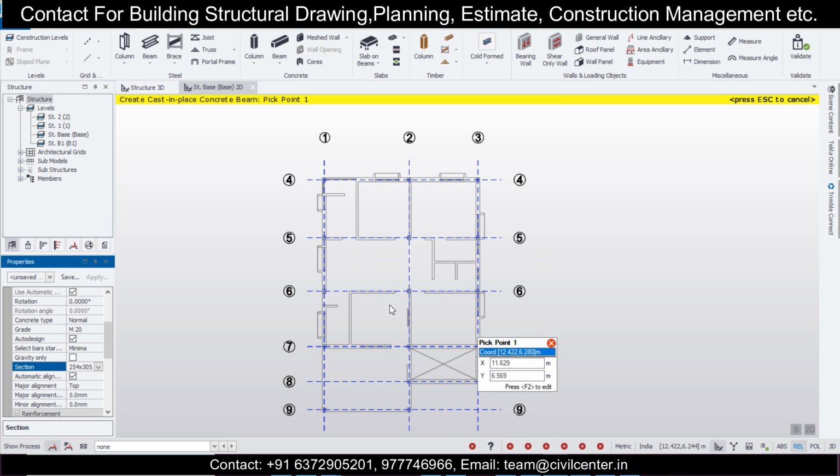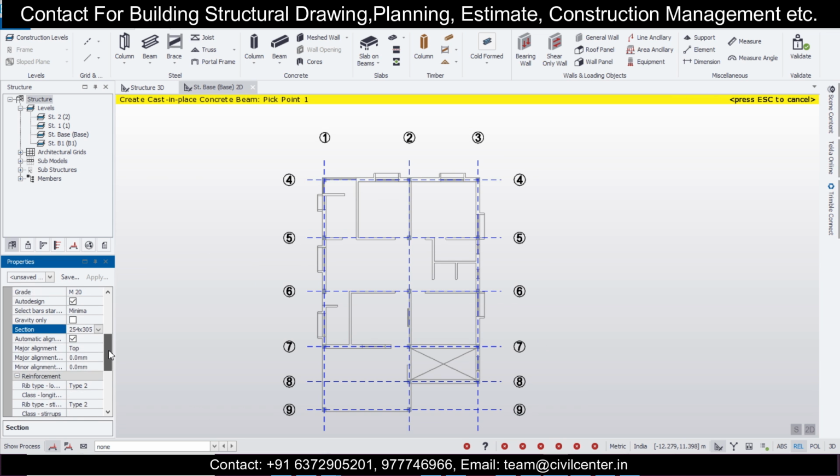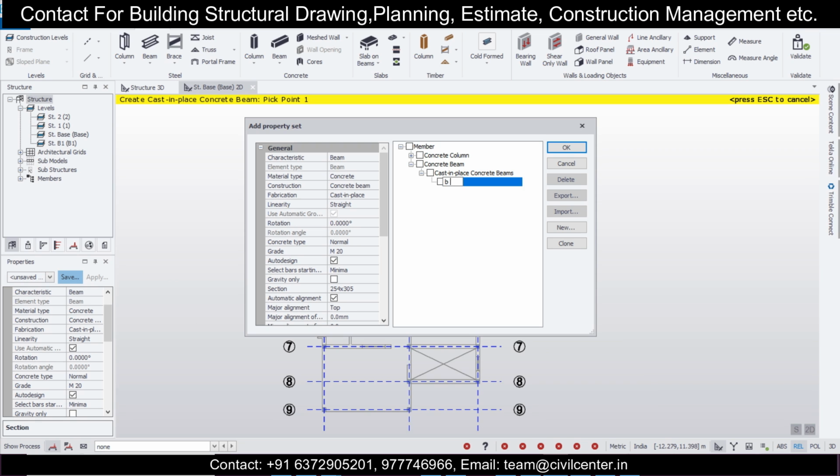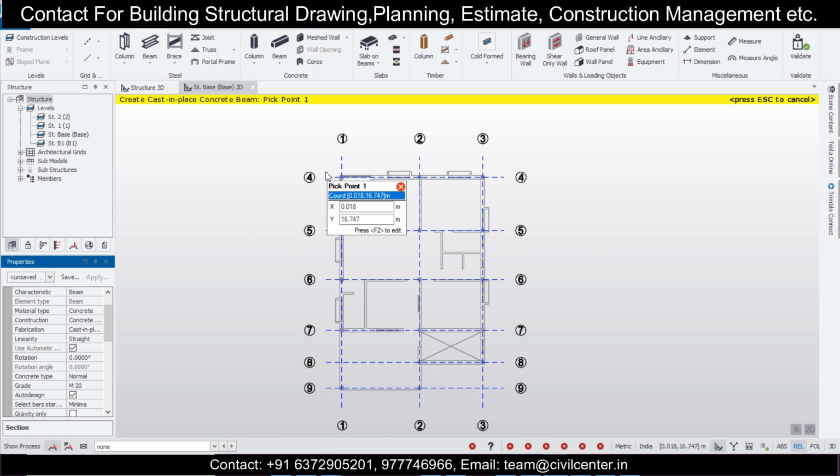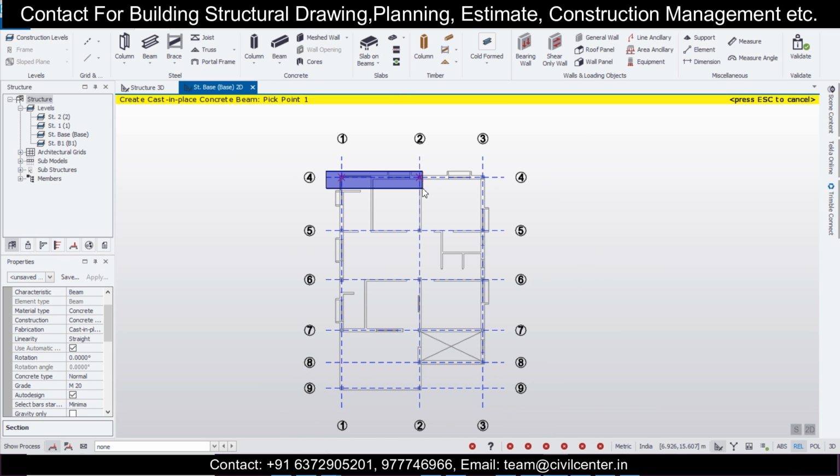Just click on OK, and the other things you can just save. I'll name this B 10 inches into 12 inches. Don't be confused with my name. You can write B 215 by 300 if you're using that, but I want to export the drawing in inches, so that's why I'm using this. You can use normal ones also. I'm just showing you on the request of one viewer. Now we'll join all the primary beams which we want.